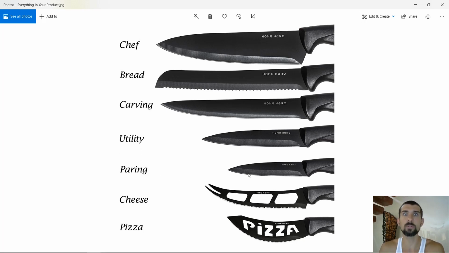There's a paring knife, it's part of the set. Utility knife, there it is. And also these are usually used as keywords as well. So that's another idea to get more keywords for yourself. Remember, we had the chef, we had the other pairing, I think we had also, right?